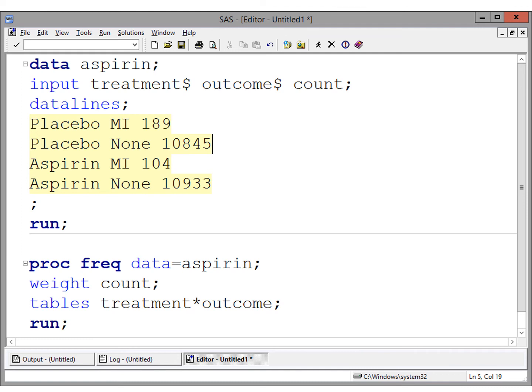I have a treatment variable, placebo or aspirin. I have an outcome variable, either a myocardial infarction or no myocardial infarction. And then this count variable. So the count variable, and particularly how it's used in proc freq, might be something that's new to us. I know we did a lot of proc freq in stat 511. I'm not sure that we used the count variable in 511. The count variable allows us